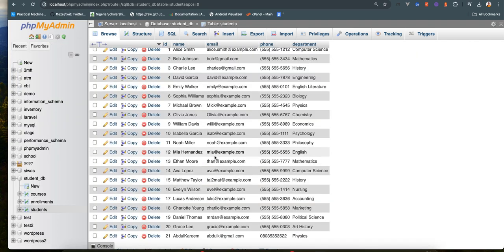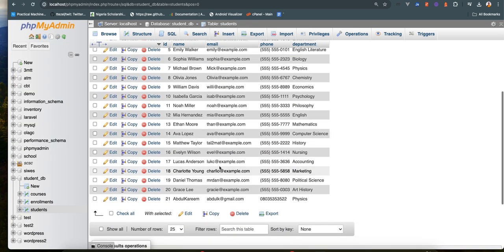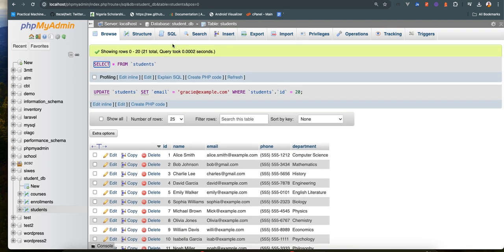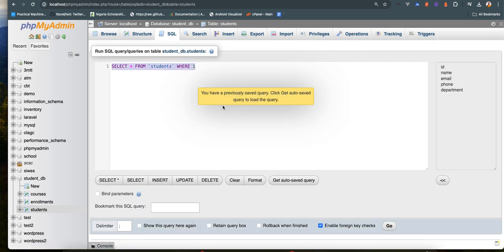Update a student's email address. So let's check which of these emails we want to change. So let's say ava@example.com, right? So there are two ways we can do this. One of the ways is to come here and say update students set